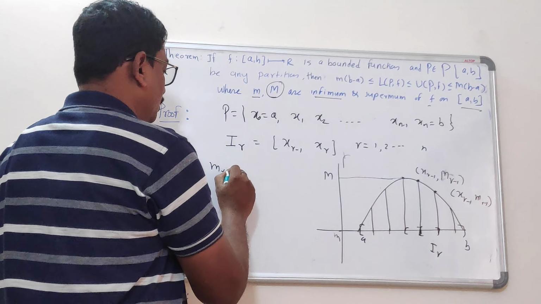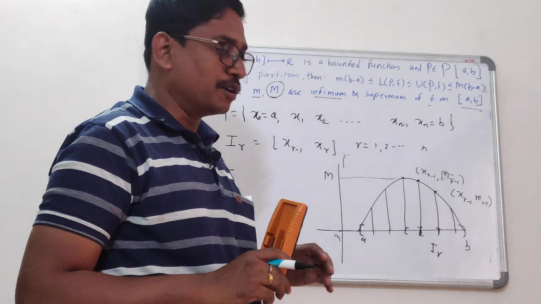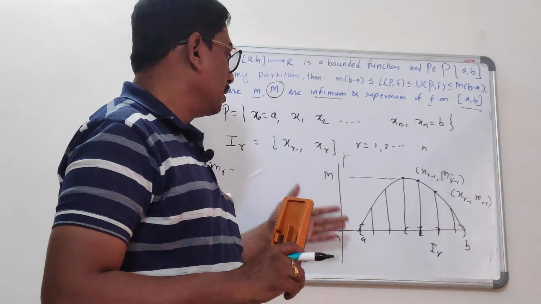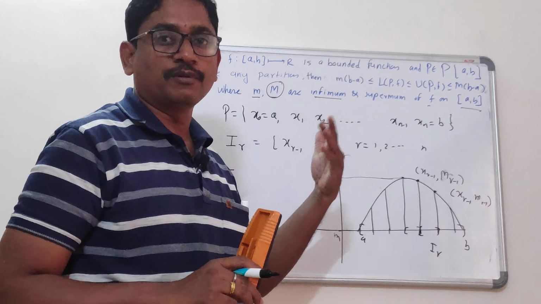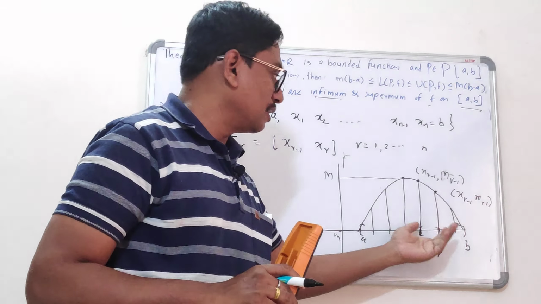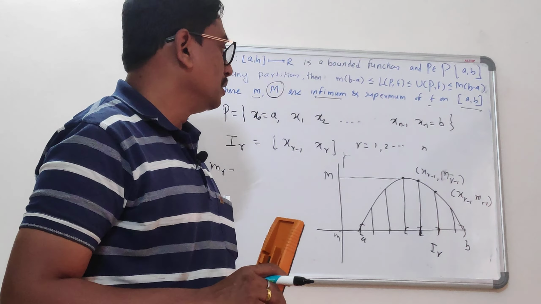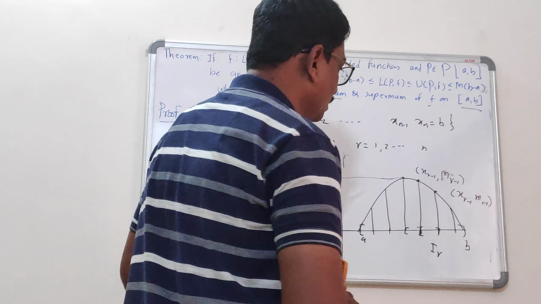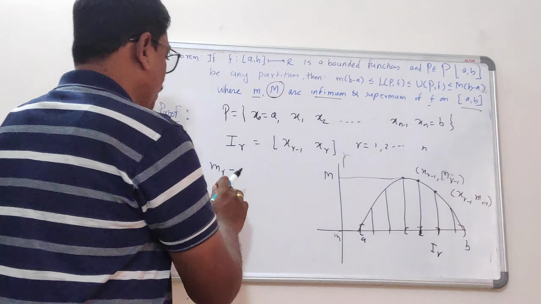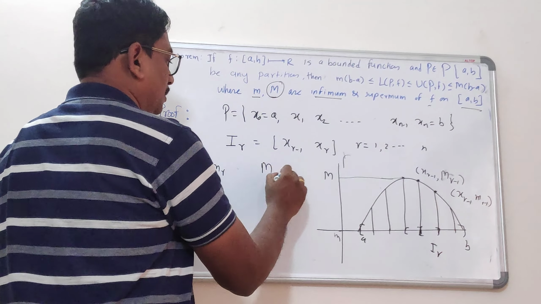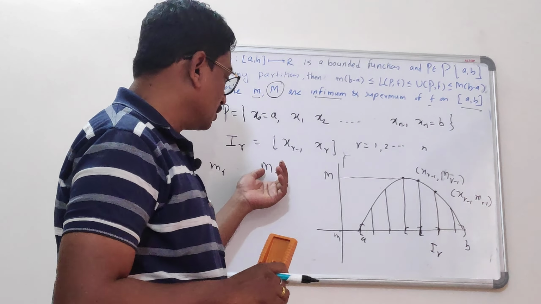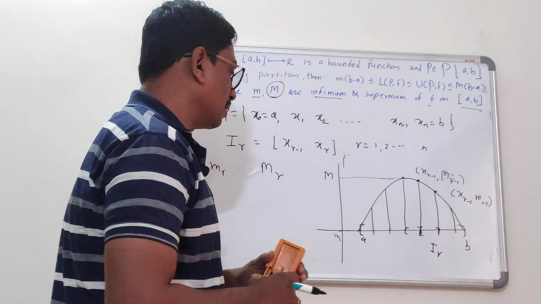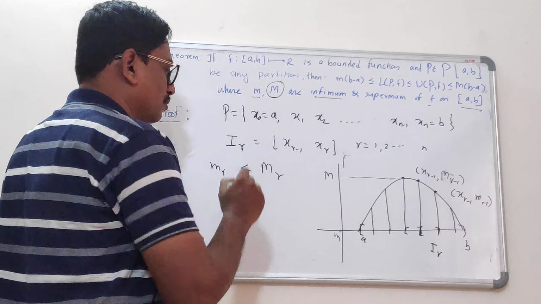So let mr denote the infimum of the function on the particular rth subinterval of the closed interval [a, b], and let capital Mr denote the supremum of the function on that rth subinterval. Keep that notation in mind. And in this interval, you can see what the relation is. If I compare this mr and capital Mr, since this is the supremum value in subinterval Ir and this is the infimum value in subinterval Ir,